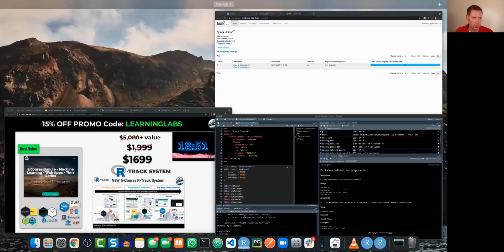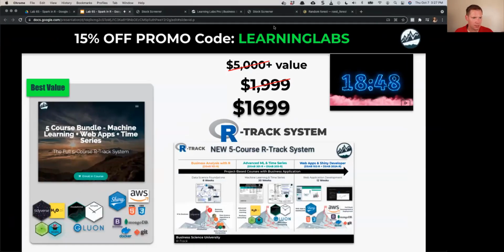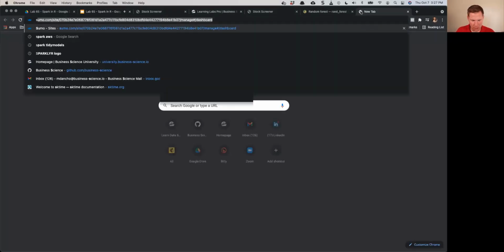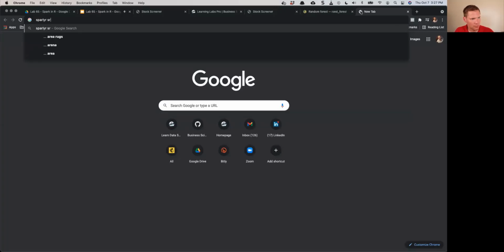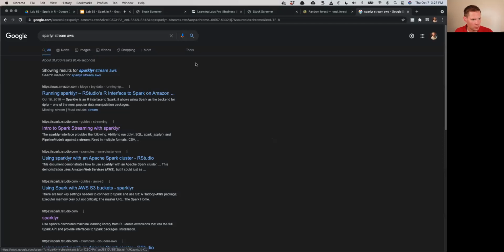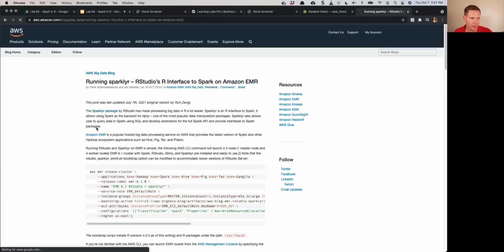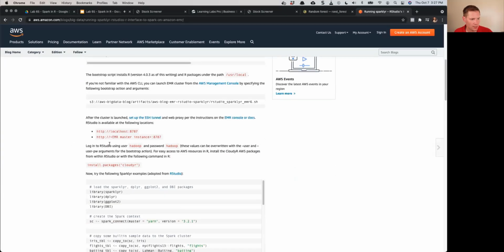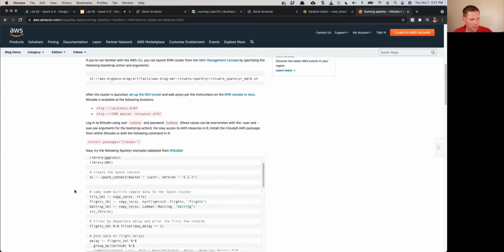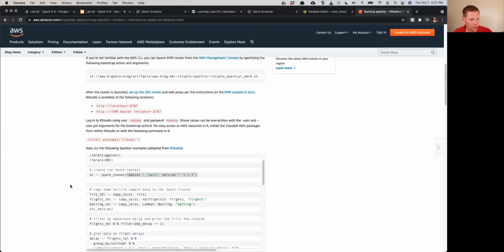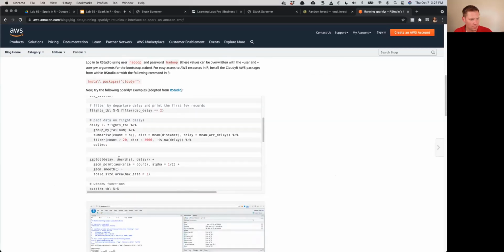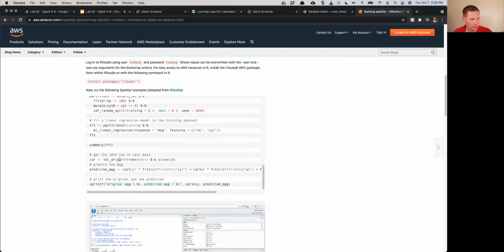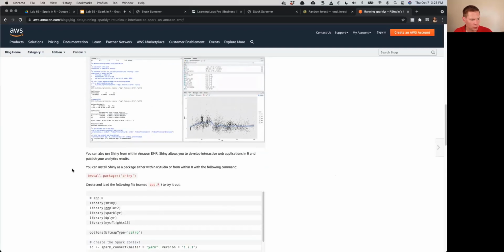Yeah, I think there's ways to stream AWS S3. So sparklyr stream AWS. Yeah. So if you go to RStudio, remember that link that I sent to you? You can create an AWS instance, sparklyr connect. So when you make your connection, and then you can stream, let's see,